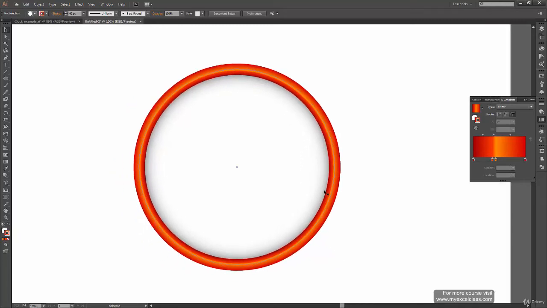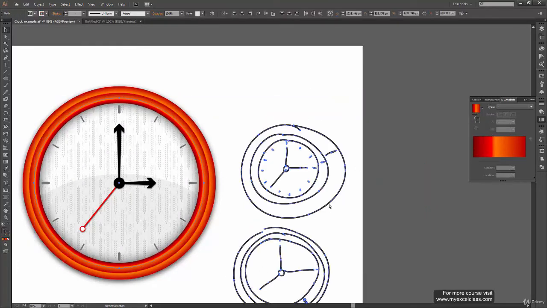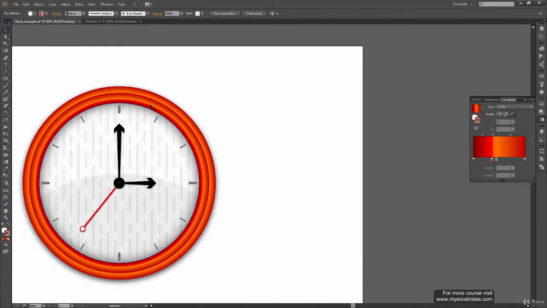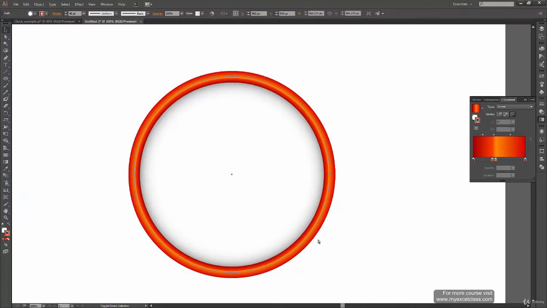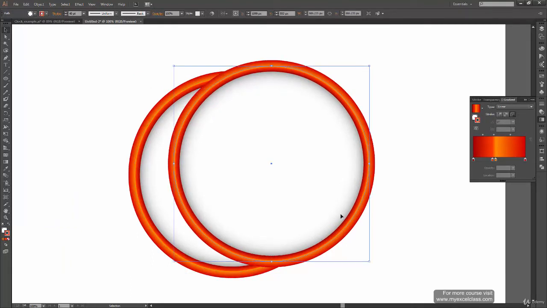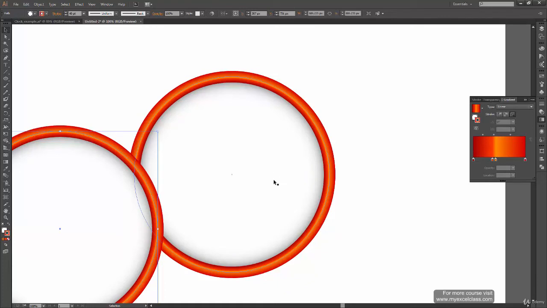Now the next thing I'm going to achieve is, if I just undo over here, this border. So I want this second border. For that, what I can do is copy and paste this same shape. Now if I paste it, you can see there is obviously a change of position. So to paste at the exact same location, we can press Ctrl Shift V. So now we have two objects at the same place. To see that, you can click and move the object on top so that you are sure that we have these two objects at the same place.